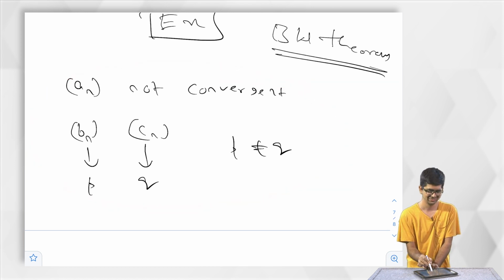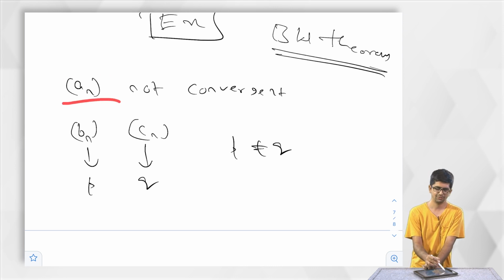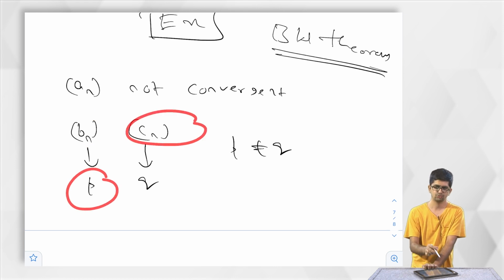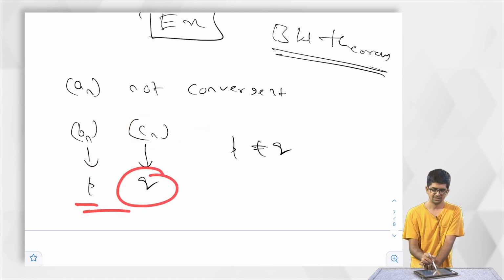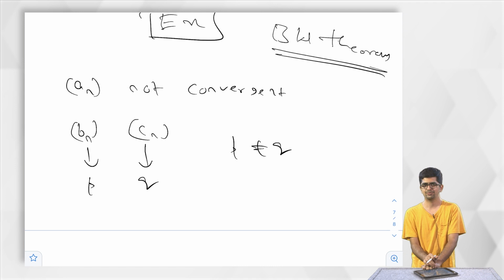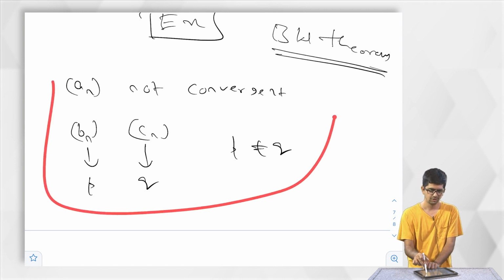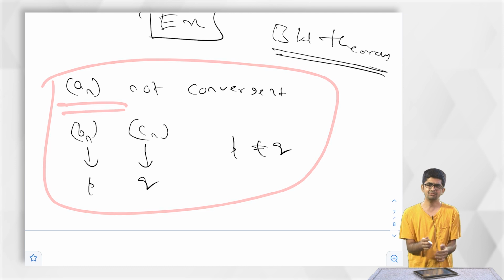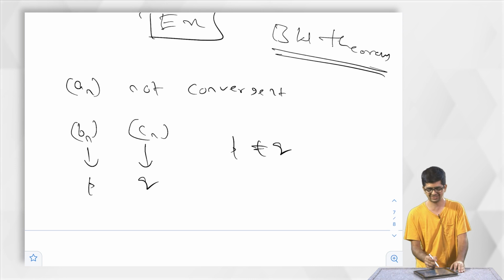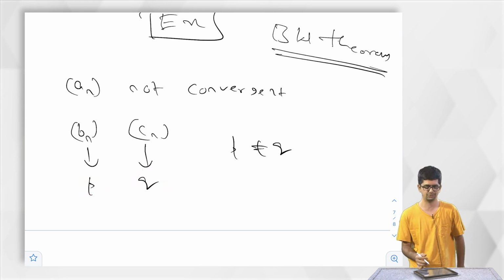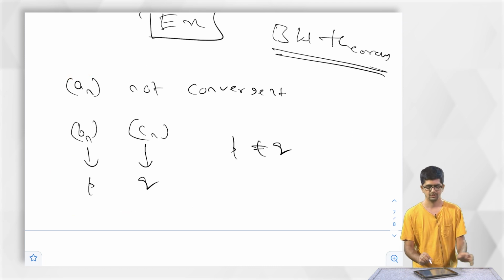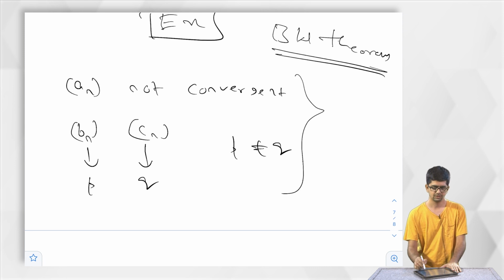Is it always true? We know only one example of this, right? An was 2 1 2 1 2 1. This was the sequence 1 1 1 1 that converges to 1. This was the sequence 2 2 2 2 2 that converges to 2. 1 is not equal to 2, so we have this. So there is sufficient justification for this being true, but this is a general sequence that may not even have 1 or 2 as limits. There may not be any subsequence that converges to 1 or 2. We only know about 1 and 2. But I am saying this is still true, and again, who will do this?